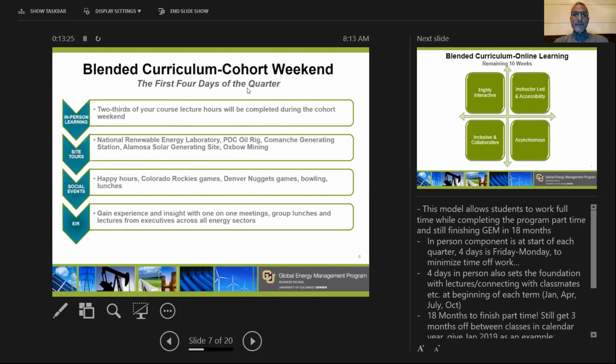We even have some site tours, like one for the Panasonic factory coming up in April. There are some social events, a lot of networking, and we even have something called an executive in residence program, which is really exciting. We will have a C-suite, CEO, director type professional come here to do some specific group lunches. You can sign up for one-on-one sessions to understand more about that executive level mindset. And our current one is Yan Lee, who is the director of commercial solar for North America with Panasonic.